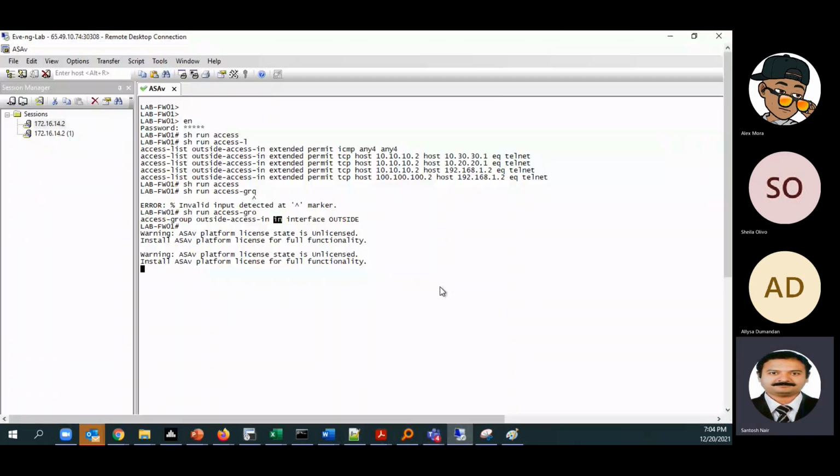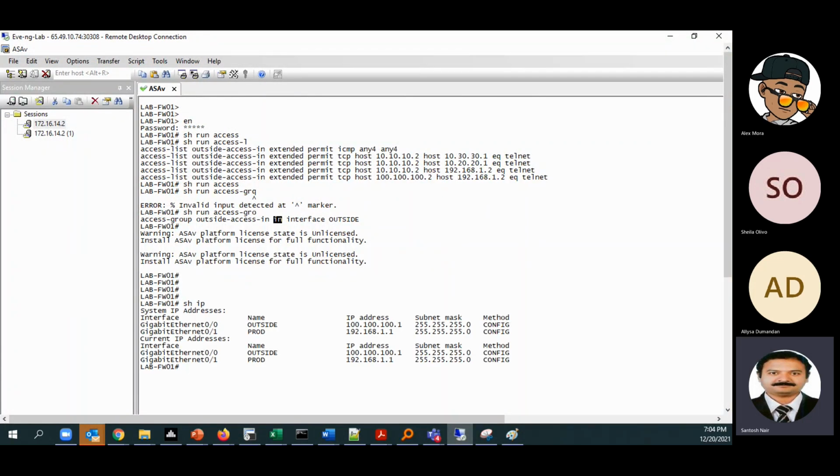If you want to do just a simple lab, we can try it now itself. If you see here, we have outside and we have inside.